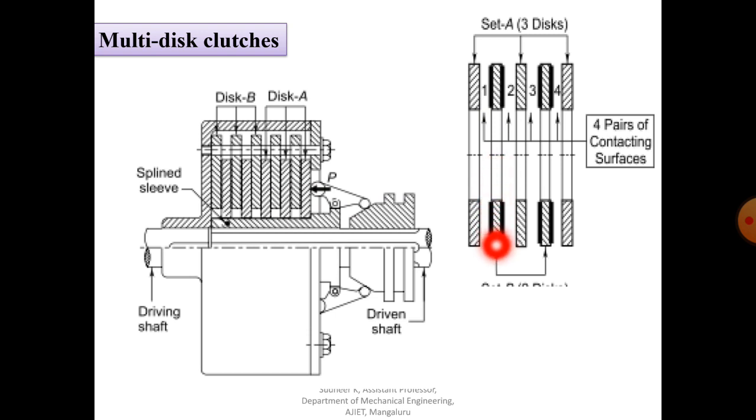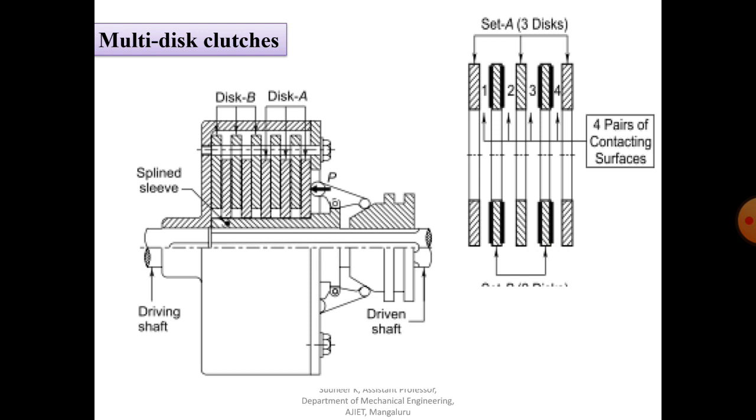So there are 4 through bolts which pass through the holes in the discs of set B. There will be a clearance fit between the bolt and the holes in the plates, that allows the discs of set B to move in the axial direction. The bolts are rigidly fixed to a rotating drum, which is keyed to the driving shaft. The axial force which is required to hold the discs together will be provided by means of springs.